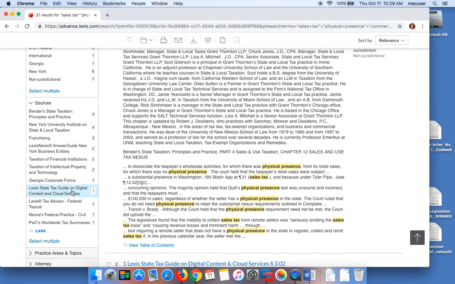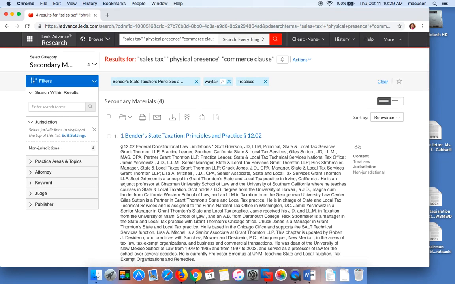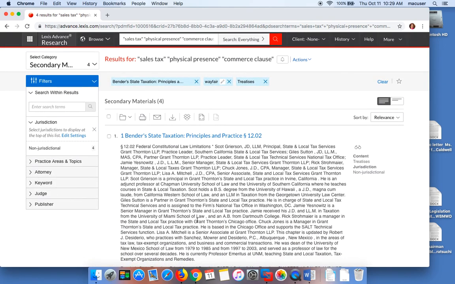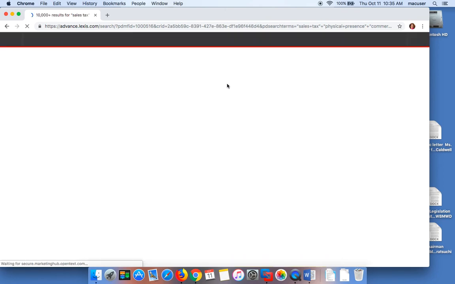Lexis State Tax Guide on Digital Content and Cloud Services can be a really popular resource for computer law / tax. And Bender State Taxation Principles and Practice is another commonly used resource. And I can see that it's pulling a few sections right from that. By selecting it, I'm only pulling the portions from that particular resource in my result set. All right, I just clicked my search button again to rerun the search and come back to the results screen